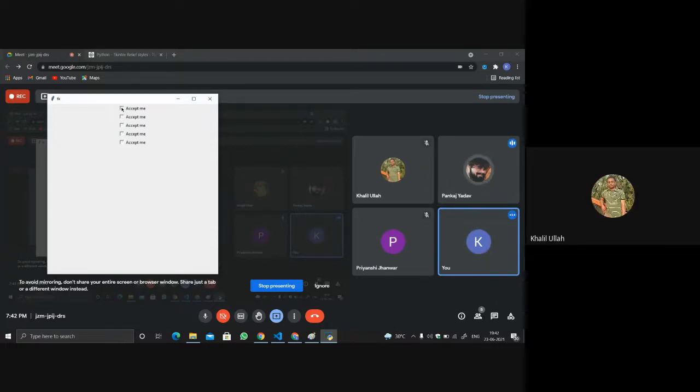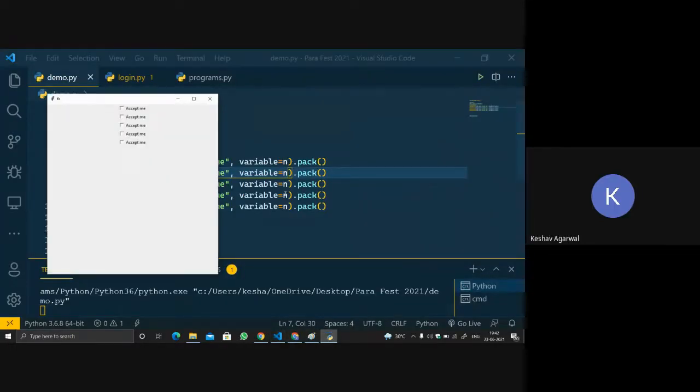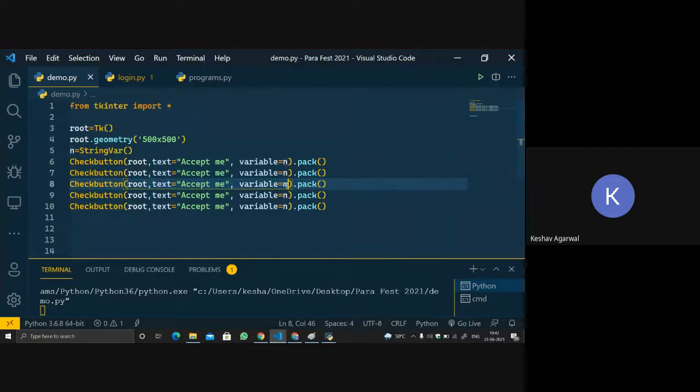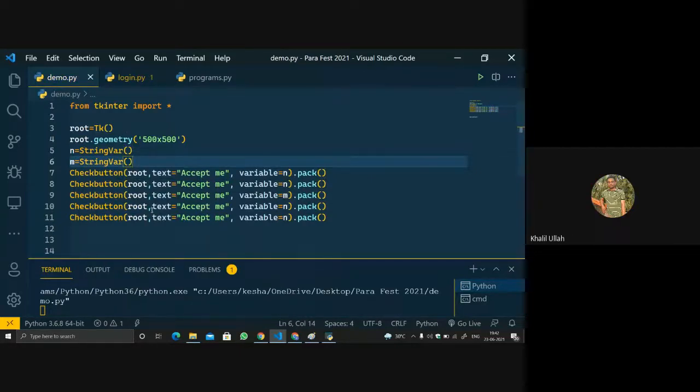Because the value of the variable is the same, right? Correct. So let's make a different variable for the middle button, that is this part.